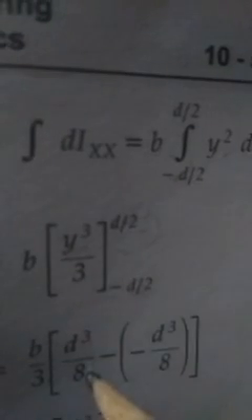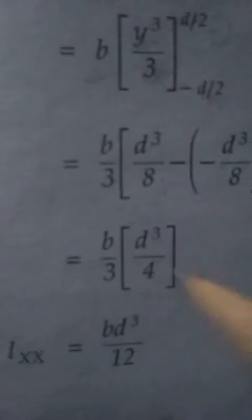If you substitute the upper value and the lower value, you will get this. First, in the place of y you put d by 2, so it becomes d cube divided by 8. The whole term you have to cube: 2 cube is 8, 2 2s are 4, 4 2s are 8, so you get 8. Here, in place of y you put minus d by 2, so it becomes minus d cube divided by 8. Minus minus becomes plus, so finally this becomes d cube divided by 4.